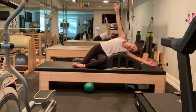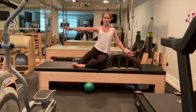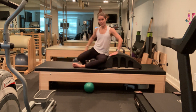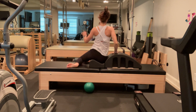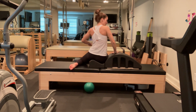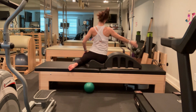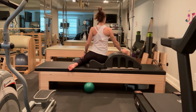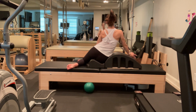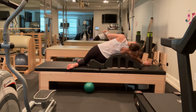Press into the underarm. Begin to peel your side body off of the arc barrel. Come through the center to the other side. So when I'm facing the right side, my right shin is perpendicular to the side of my mat. My left shin is pressing into the mat. I'm going to place my pinky blade edge a little in front of my body on the arc barrel to guide my body. I'm going to locate my hip, my waist, my ribs, my underarm, and my head,